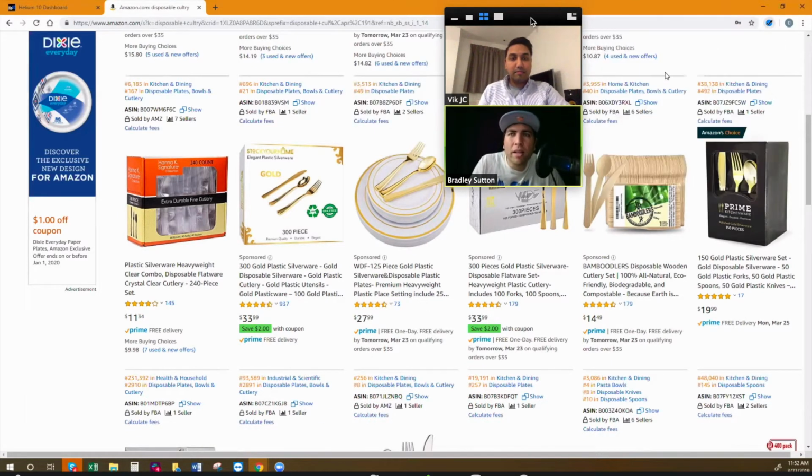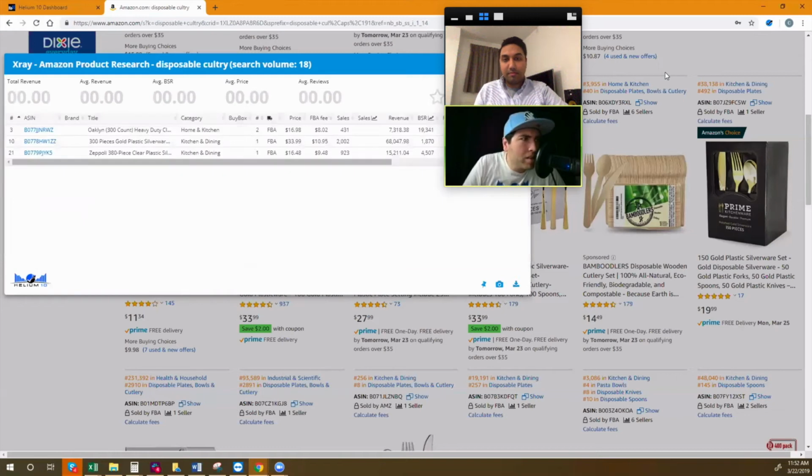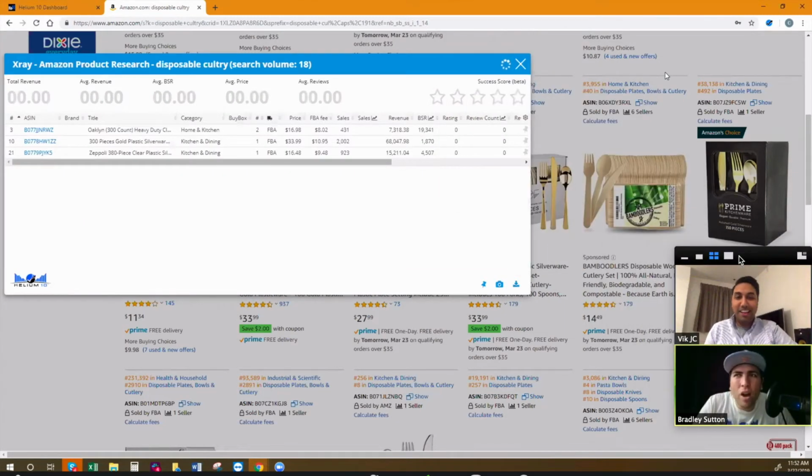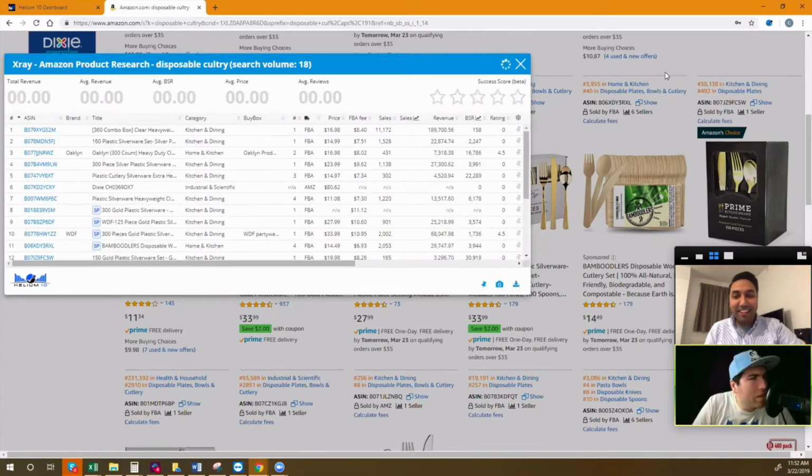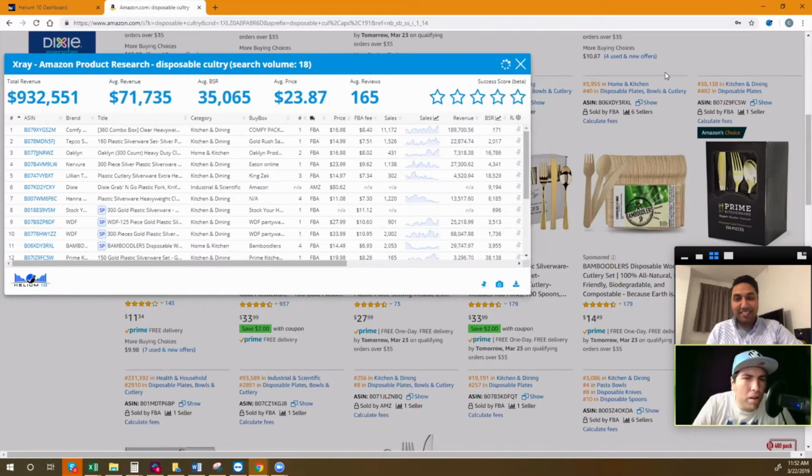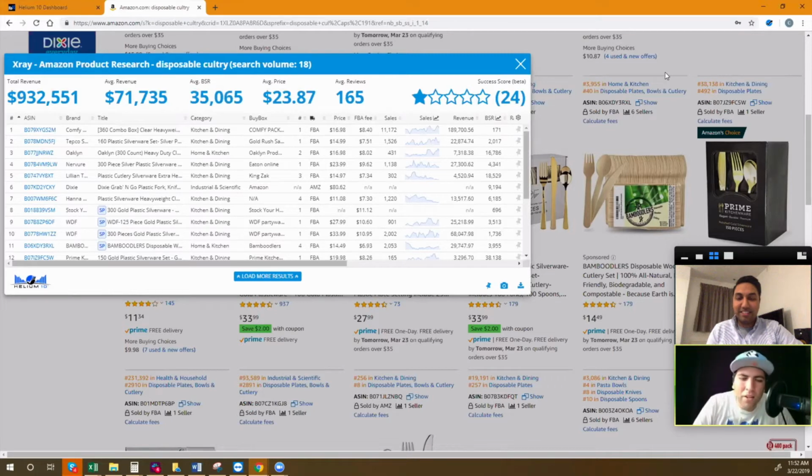Now that Amazon puts so many listings on page one, it takes forever to load these pages sometimes. I'm positive the reason they changed that is because they're trying to get more sponsored ads on page one. So they're like, hey, instead of 20 on page one, we're going to put 60 so that we can have 20 sponsored ads just on page one.